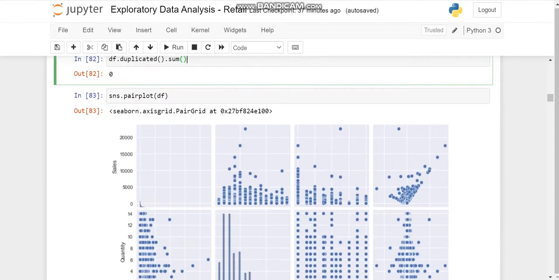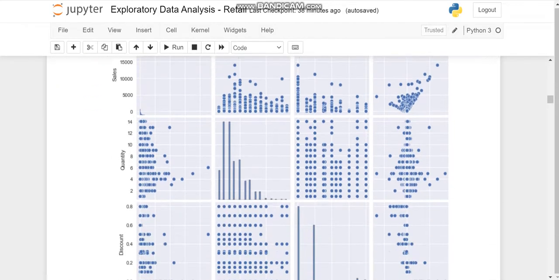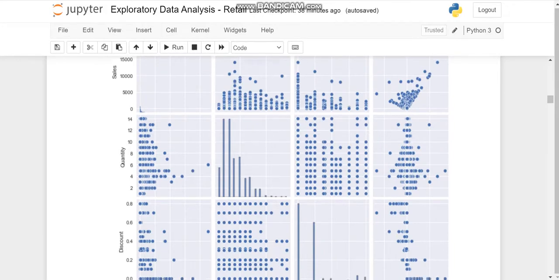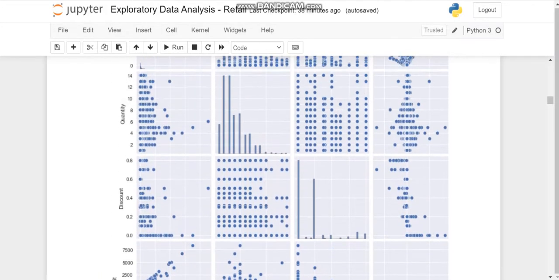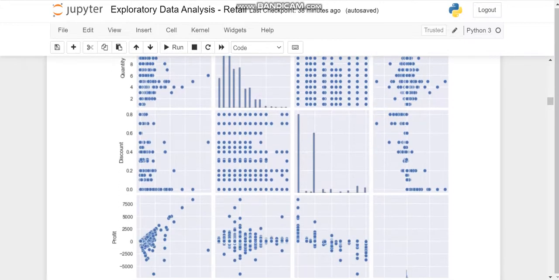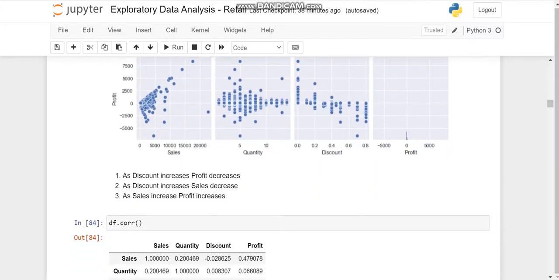This is all the cleaning process; after cleaning, we'll observe and analyze the data. So using a pair plot, we analyze the 4 sections, that is sales, quantity, discount, and profit. So there is a plot over each. When we particularly analyze every plot, we infer that as discount increases, profit and sales decrease, and as sales increases,